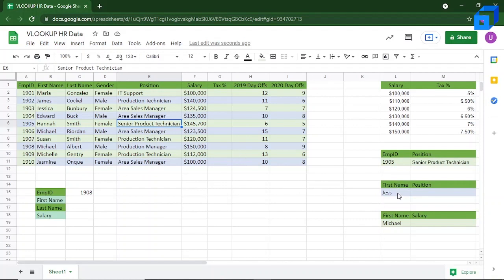And now let us see how it works for the name value. So let us search for Jessica's position using the name, and the same formula is used over here as well.